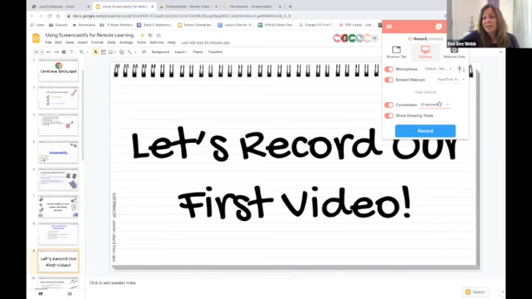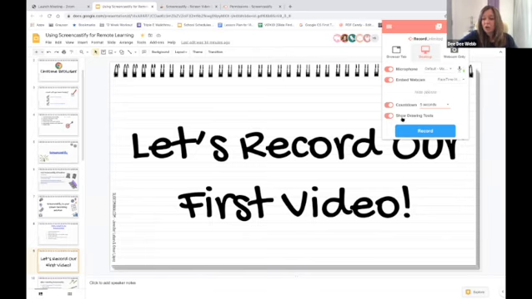So if you're just starting out, by all means, do the 10 seconds. It gives you a little bit of time to take a breath before you do your recording. Now I usually go to 5 because 3 is just not enough time for me to get my composure. The default is 3. So if you don't open this up and you just click record, you only have 3 seconds to get ready to get started. So I'm going to click 5.